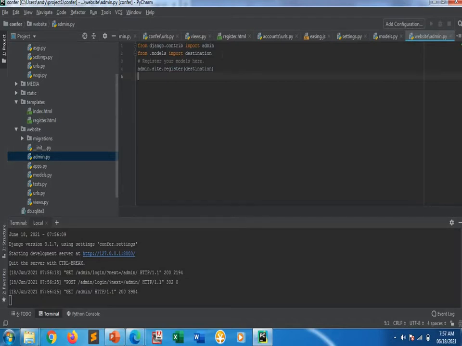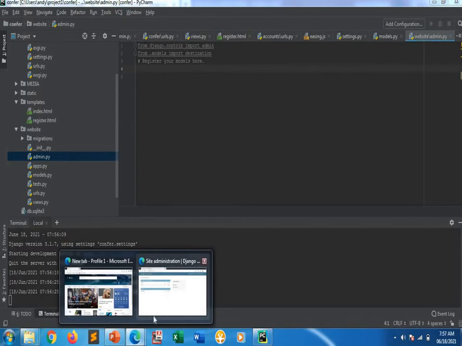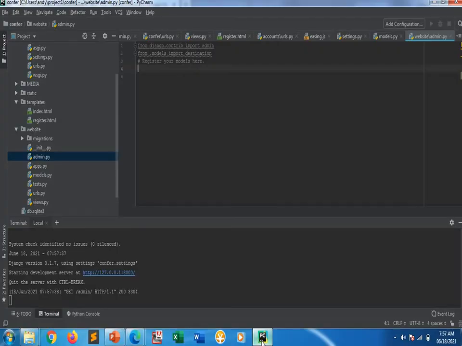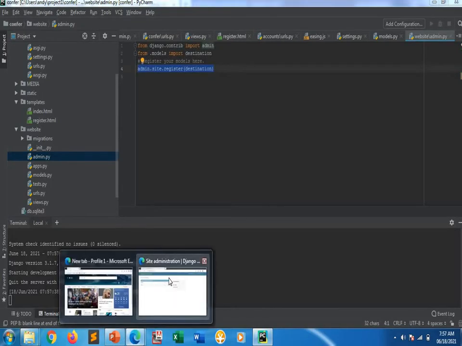In that admin, I am going to import admin from contrib, import destination and register destination. If I remove this part and refresh this, destination is not there. So I need to register that destination.